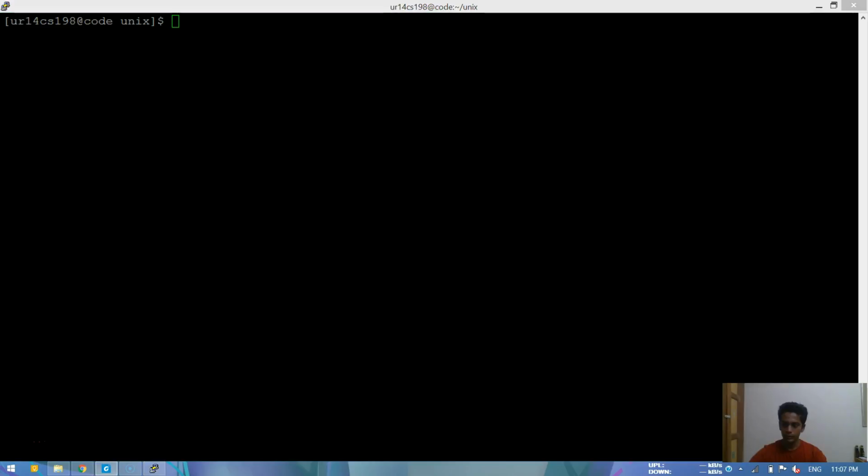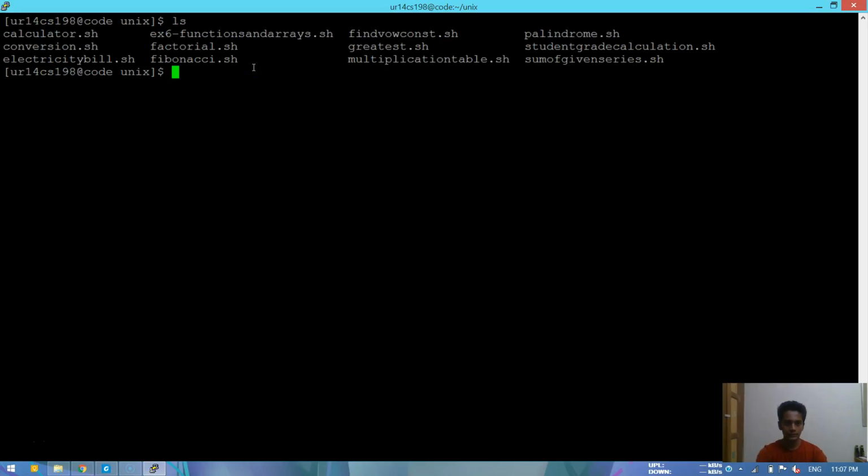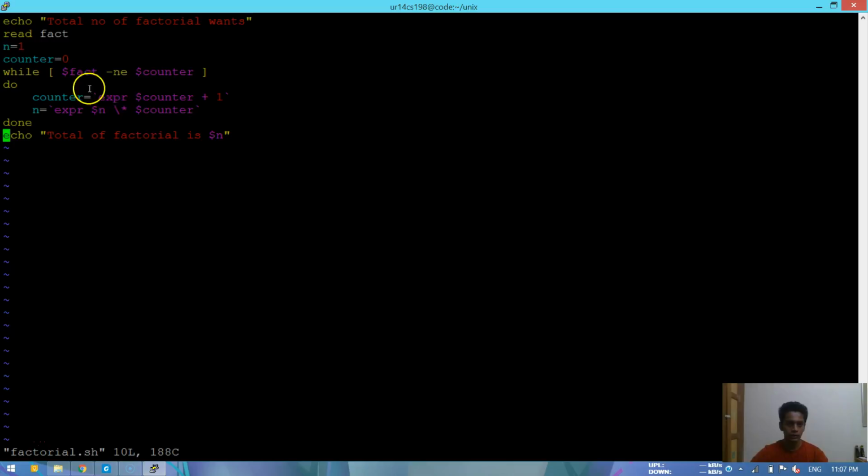So what we're going to be doing is first doing the first experiment, which is the factorial of a number. As you can see here, I have done the factorial of a number like this. Okay, so firstly what we're going to be doing is